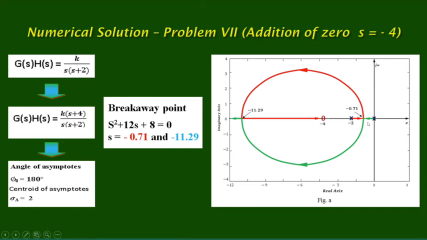These 2 points are present in the root locus branch. So that's why this point is called the breakaway point and this point is called the break-in point. From this figure, you can see that this system is completely stable. If a zero is added at a moderate distance, then the system is completely stable.